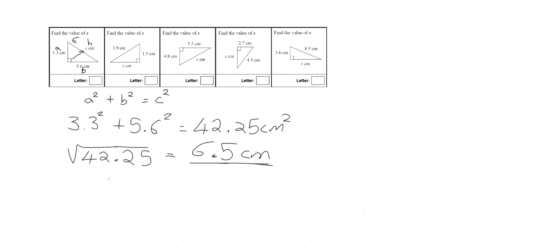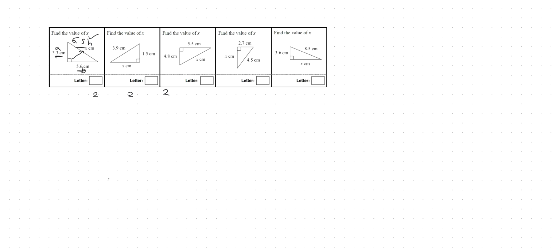So if I now check this, 3.3, 5.6, 6.5, good. So just by checking that, I can see straight away that I have found the longest length. And then I can just check out any other working out just to make sure. Okay, next one then. So if I now select all of this and then clear it,